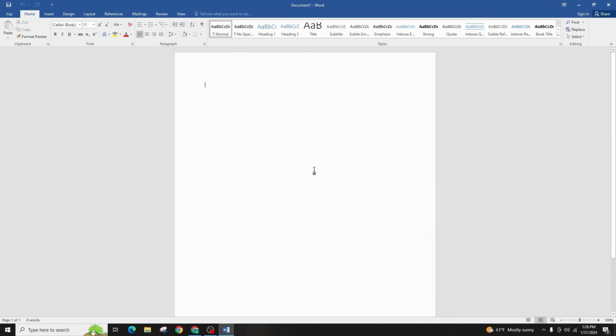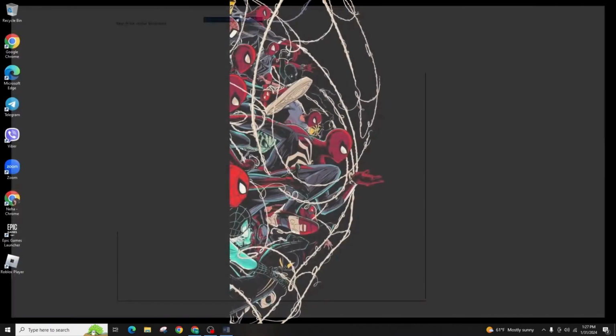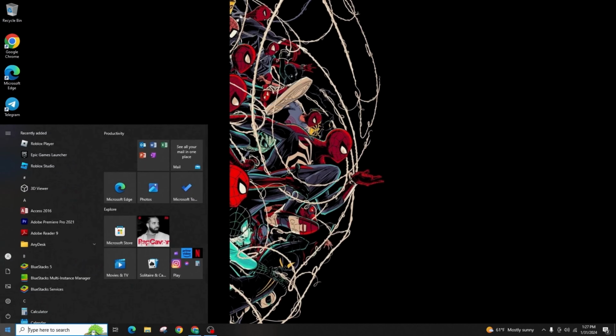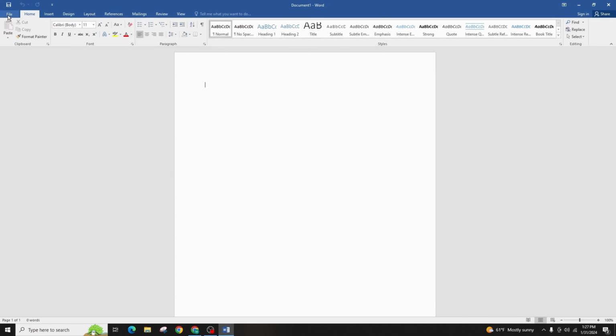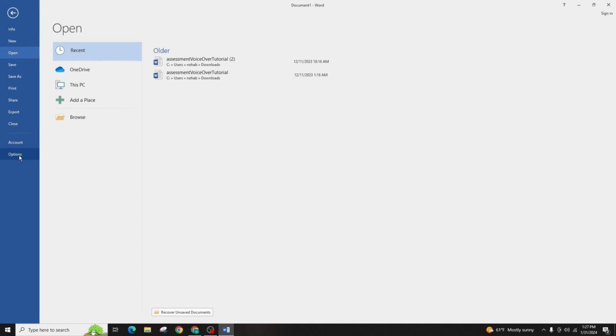Currently, you can see that I'm using a light mode. If I click on a blank document, you'll notice that I'm using the normal theme. In order to enable the dark mode, just simply close this window and then after again search for Word and open it again. Click on the blank document and then after go to File, and on the left hand corner